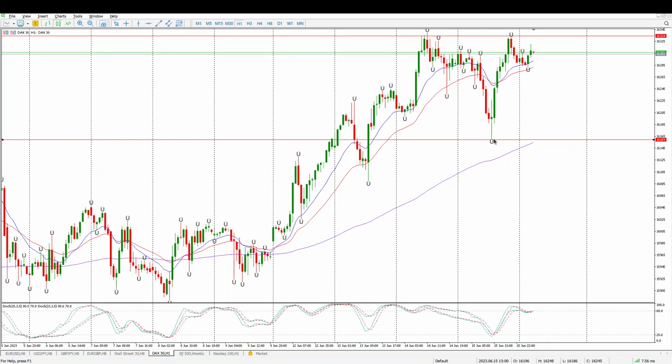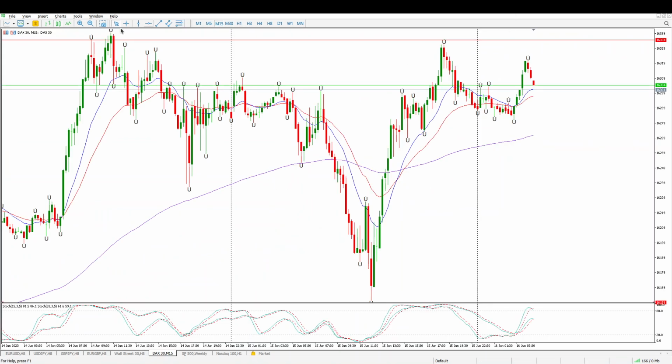So keep that very much in the back of your mind. You can see there's the low of yesterday. If we close below that today, that's going to validate this hanging man, and you would expect a bit of a deeper pullback. I somehow don't think so, though. Just looking at the solid move up and this flag that's forming, I suspect if we get down onto the 50-minute, you're going to see some fairly decent structure here, and it's going to do that. So there's the flag,